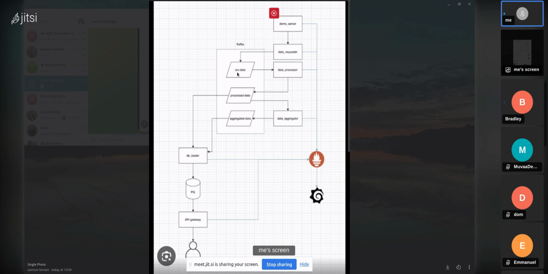Then the data processor will get the data posted there, process it, and post it in another topic in Kafka. The data aggregator will get that data, and the data loader can also get that data. The whole idea of having Kafka is that you can post data there, and every service that wants that data can just get it and do whatever it wants with it.